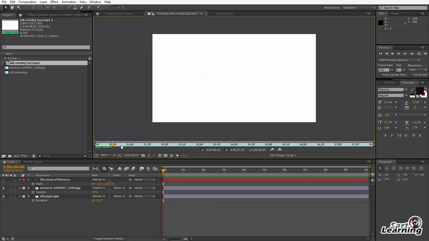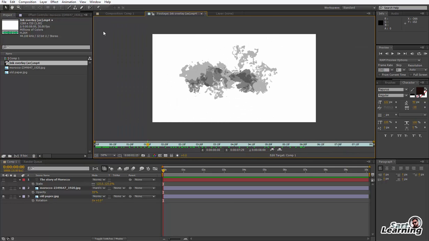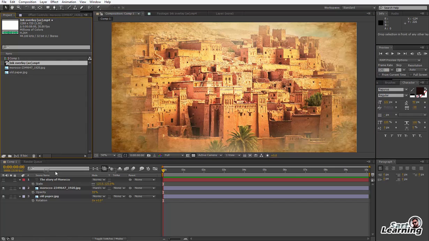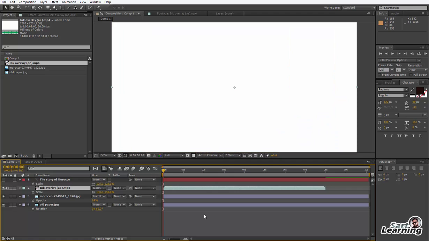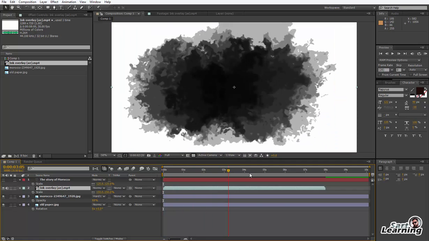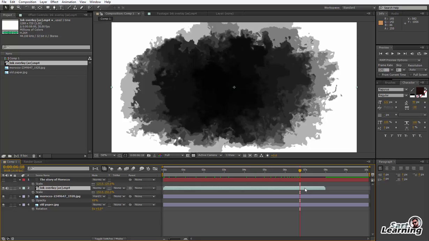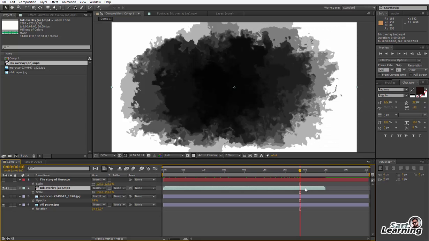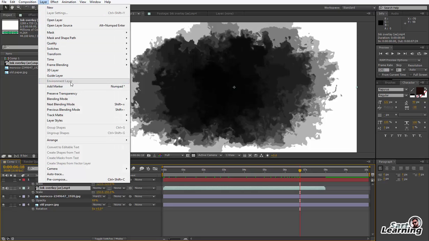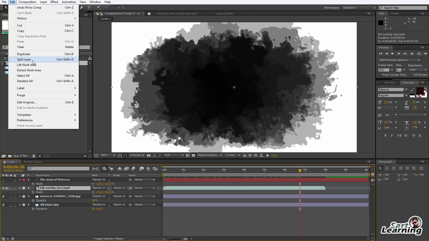Now time to animate the background of the image. So I take the ink drop effect which I downloaded from YouTube, scale up to the image size, but my black part is in the center part only, so I just split the layer, go to edit, not in layers, go in edit mode and click on split layer.